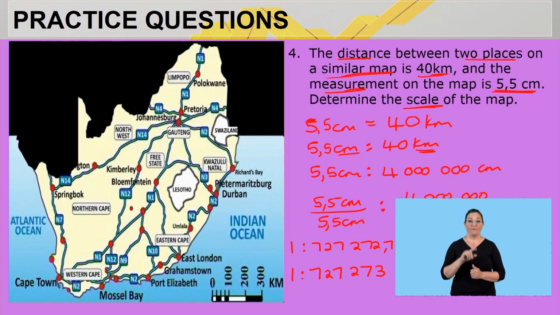Guys, let me quickly run through this again. First of all, I wrote it as a ratio, 5,5 is to 40 kilometers. I changed my kilometers to centimeters by multiplying with 100,000. I ended up with 4 million. Thereafter, I divided 5,5 by itself. What I do on my left-hand side, I also do on my right-hand side. So 4 million divided by 5.5 gave me 727,272,7273. I therefore rounded off to the nearest unit. So the scale of this map is then